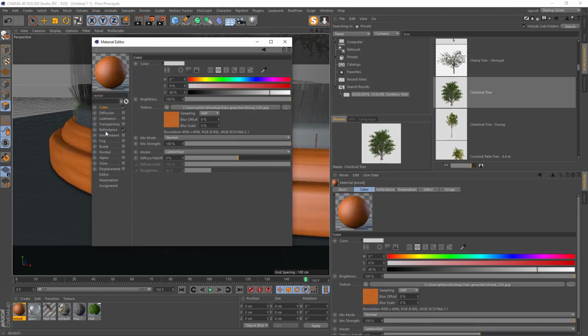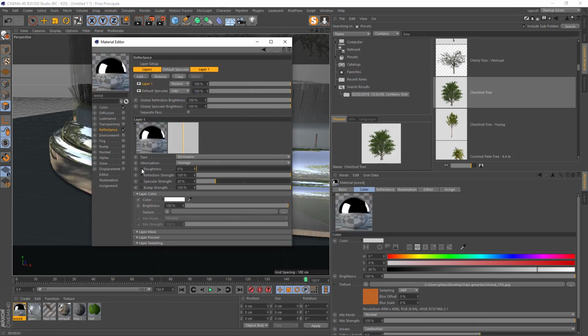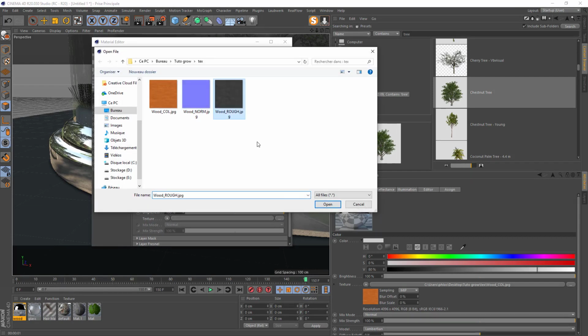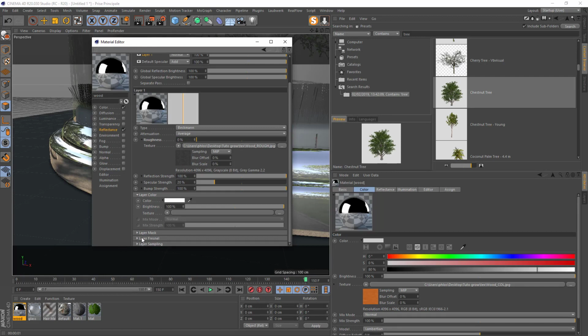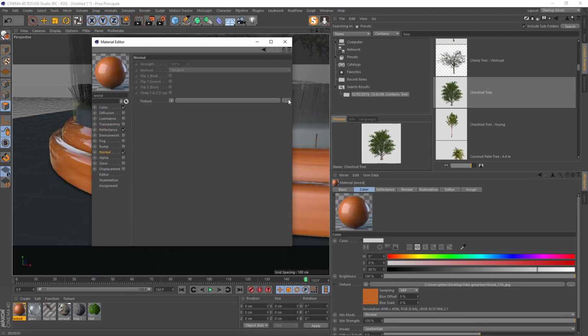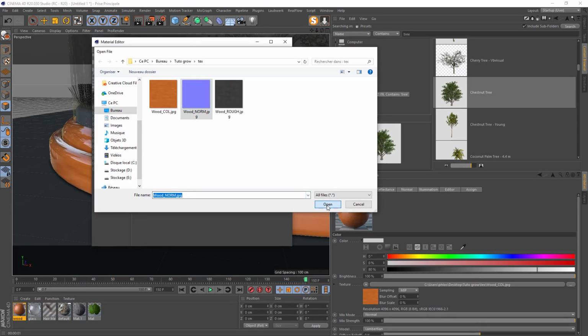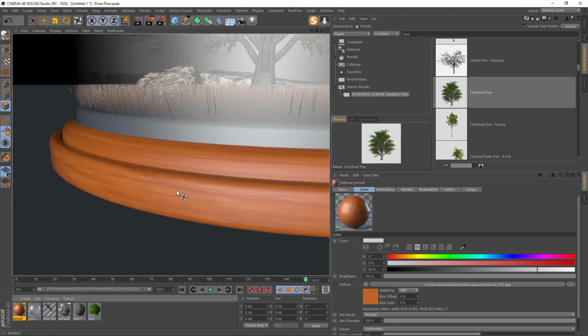Open, reflectance, I will add roughness, Fresnel, dielectric, and normal map, enable, into the normal map. Okay, let's see what we have. Okay, it looks good to me.